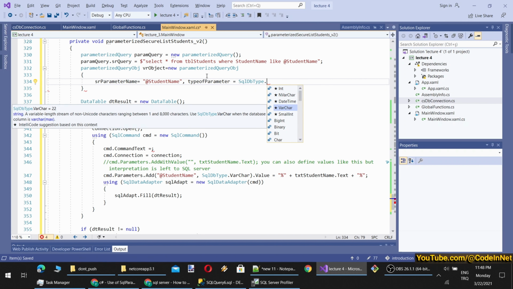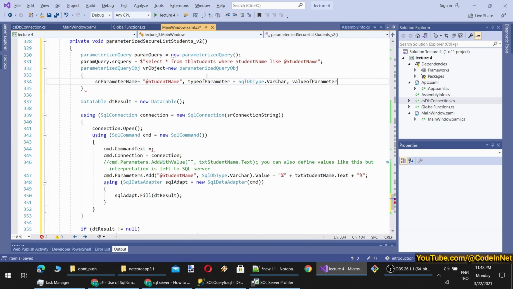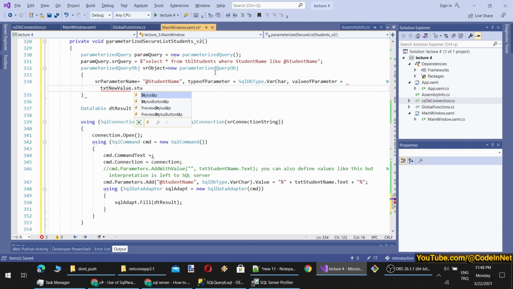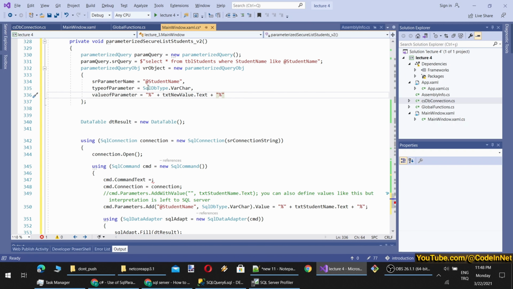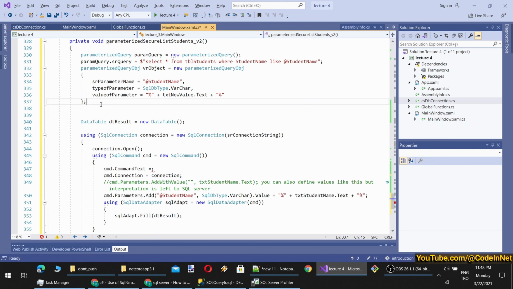Student name is VarChar, and then value of parameter will be equal to txtStudentName.Text. However, plus like, the white character. And then we will add this into our param query.